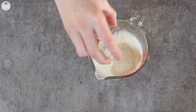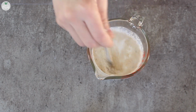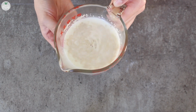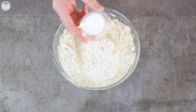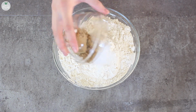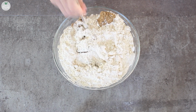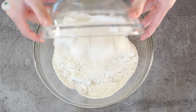We're going to start by blooming our yeast, so add your yeast to your warm milk. I got it to about 103 degrees and I'm going to set this aside. And I'm going to get my flour, add my salt to this and my brown sugar and whisk that together. And then in a larger bowl where I'm going to mix everything, I'm going to pour in that flour mixture